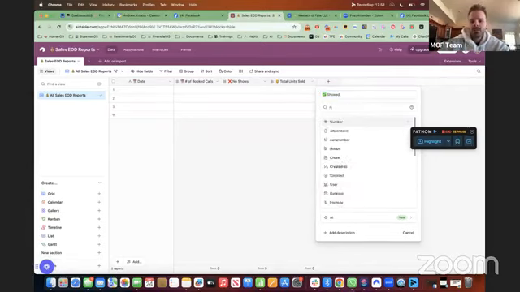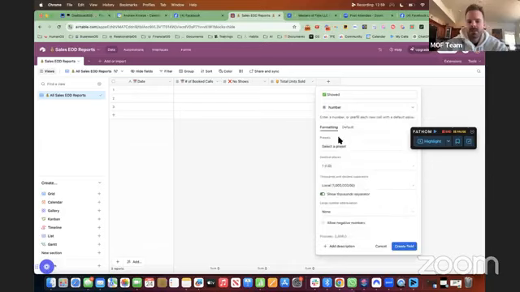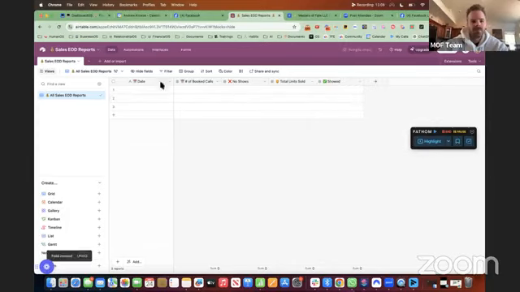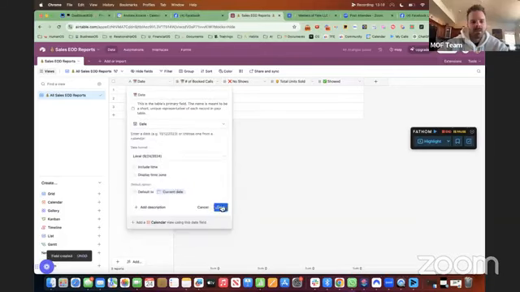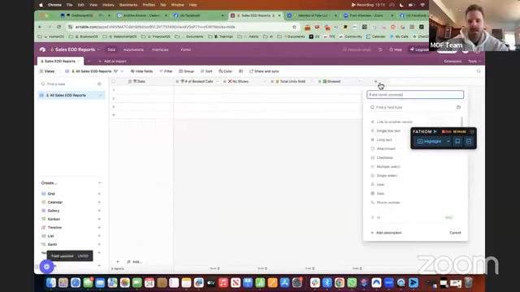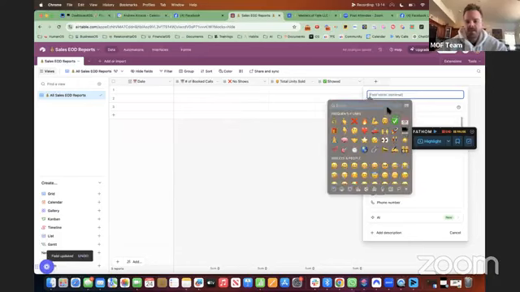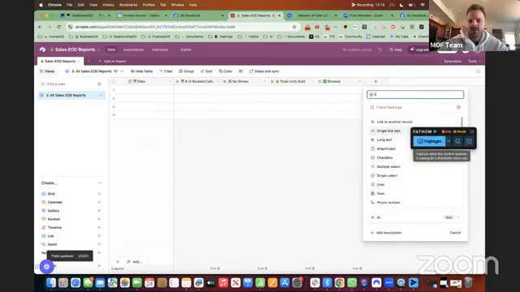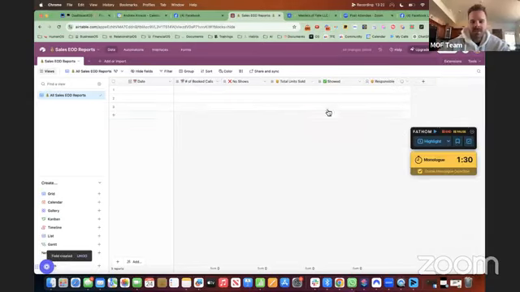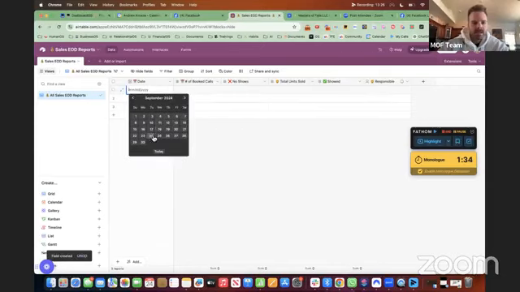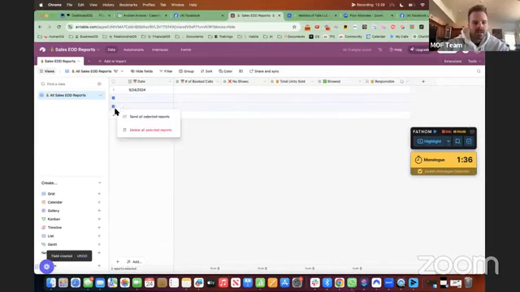Showed. Boom. Number. Perfect. Put this at that. Cool. And we want to change this to the date formula. And then put this as responsible. Boom. And add in the user function there. So now we have some basic information in here that we can start filling this out and getting some numbers